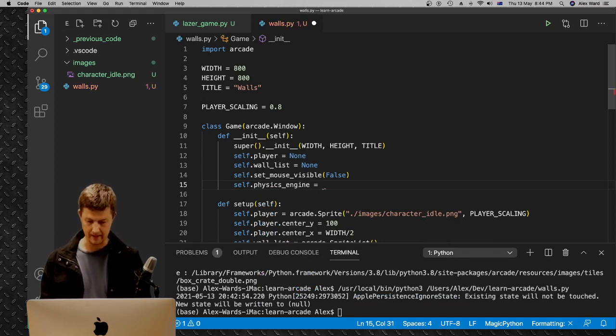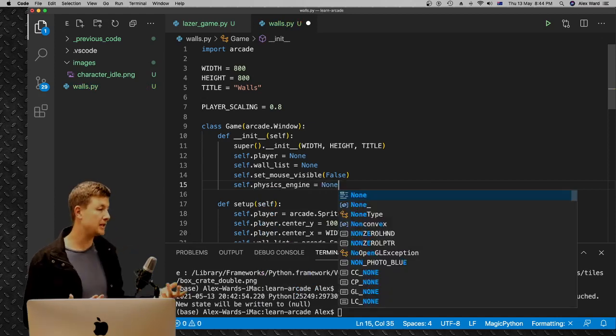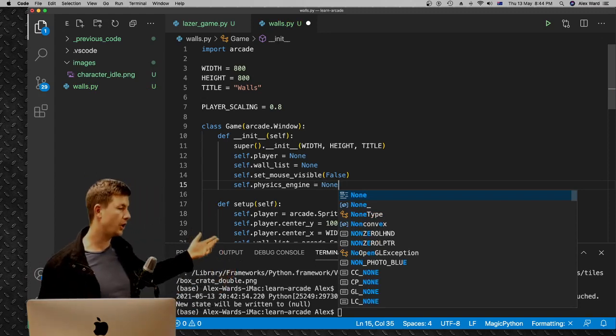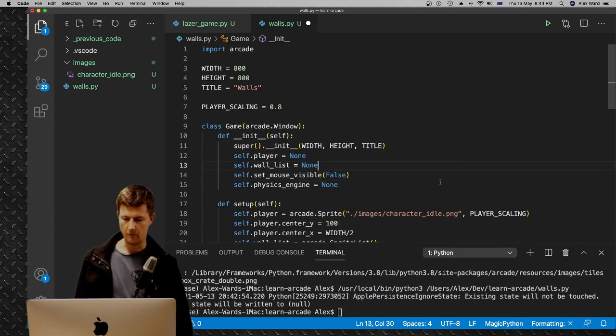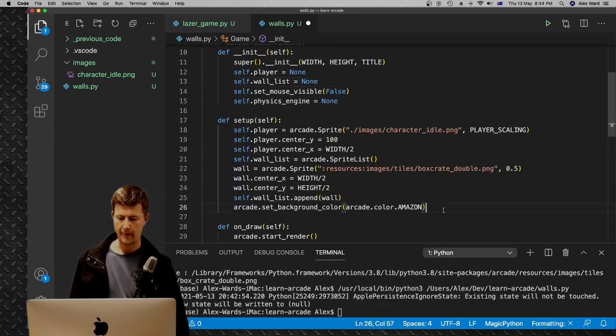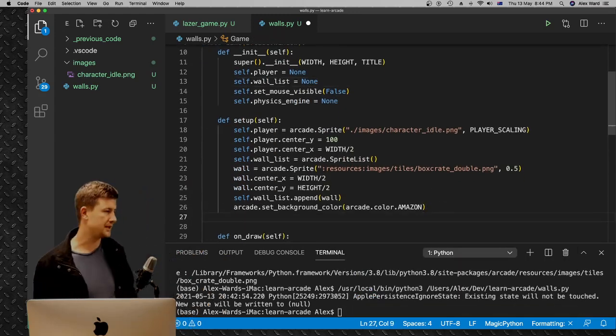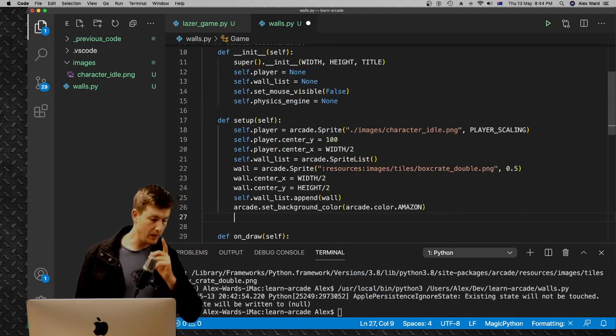And set that to none. Again, this is a placeholder just in case you change it somewhere else in your code. When you run setup, it's going to be refreshed into whatever you actually want it to be. So under setup, which is getting quite big now, which is fine, we're going to set